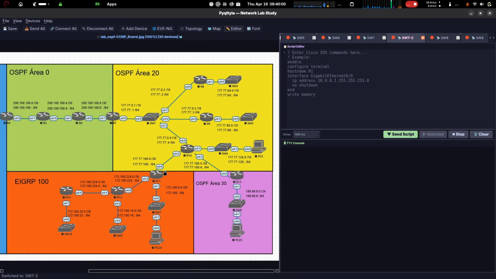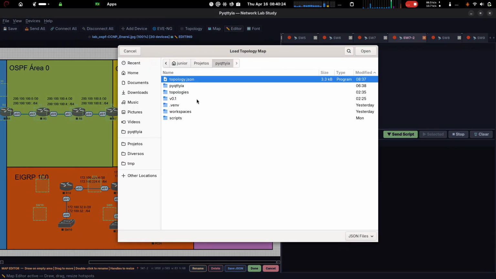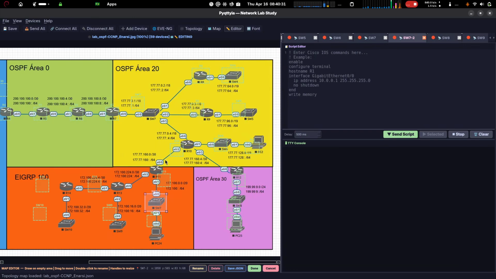It's all correct here. If I enable the editor, I keep fine-tuning these little guys. I already did this in all of them, gave it some adjustments. Some things I did in batch, some manually, a nice quick adjustment here. And I'll load this map that I've already fixed here. So if I come here to topology, there's this map. Then you load the map, and now you see it's all correct.